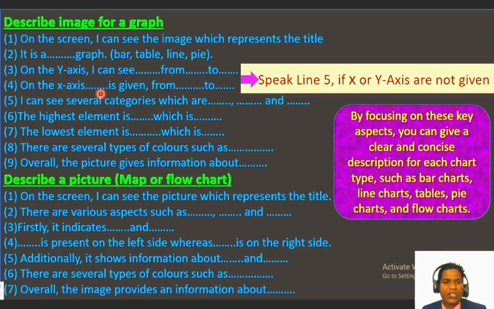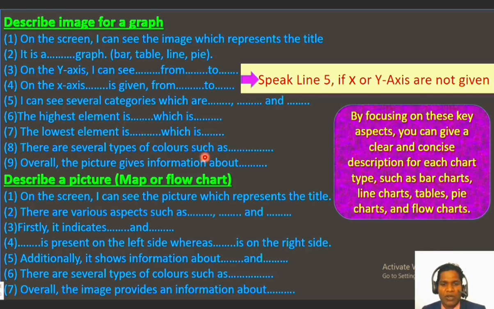On the x-axis, what kinds of things you see, such as names of persons, names of countries, names of days or names of months, and from where to where you see, you should mention. I can see several categories which are mentioned here. The highest element, which number you should mention here, and the lowest element, which number you should mention here.